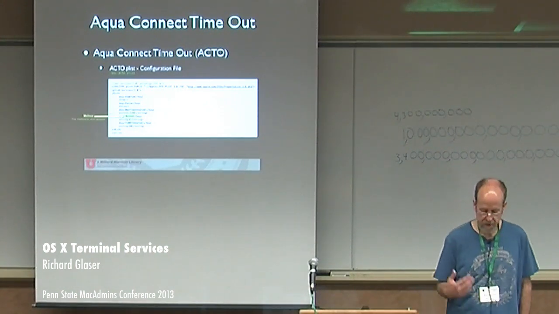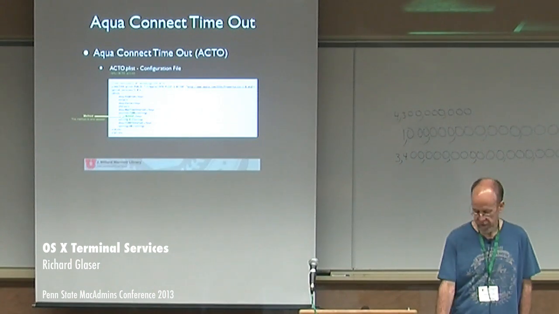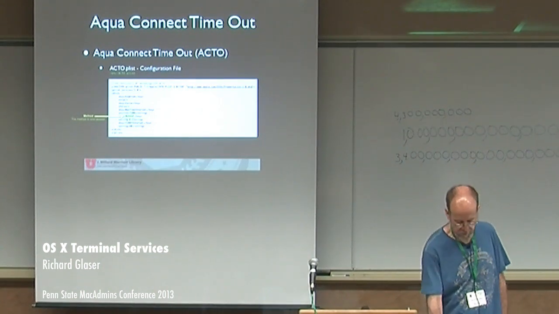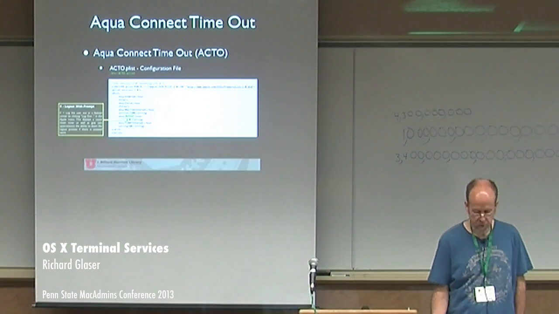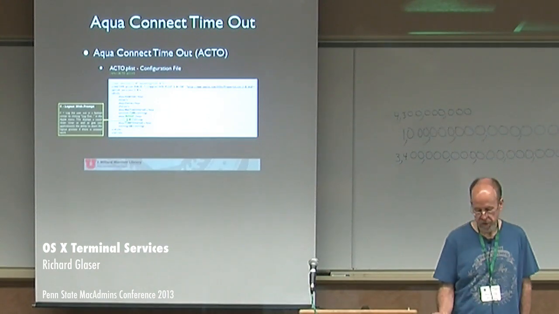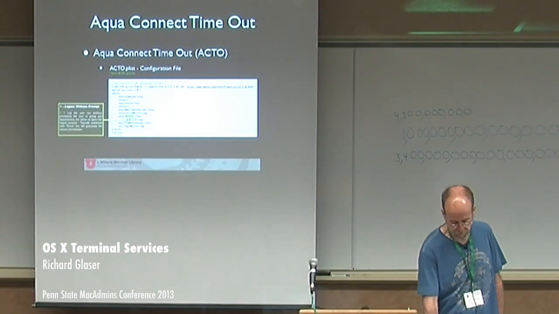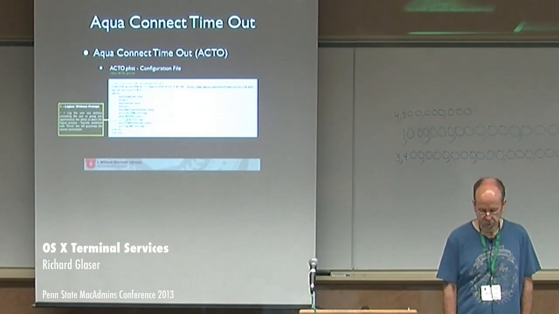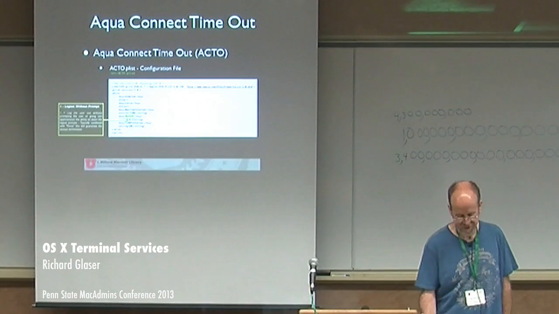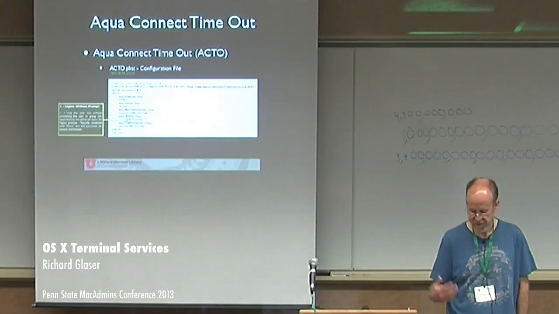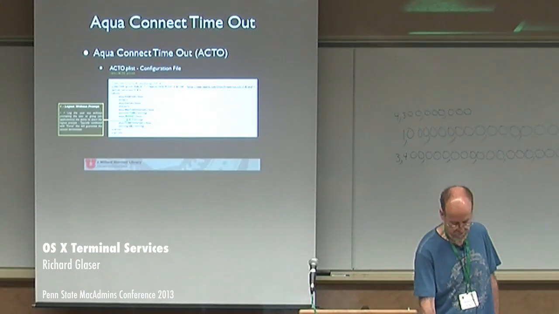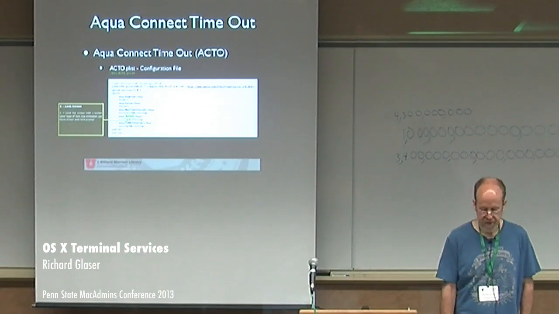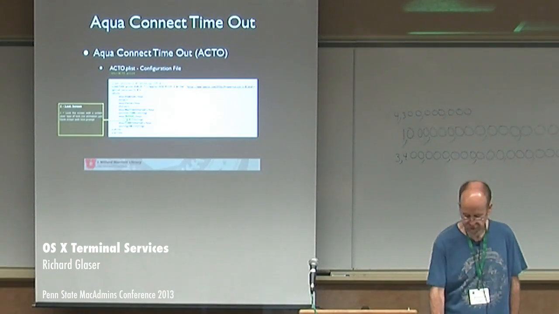The method is what method you use to terminate a session. 1 is used by default. 0 logs you out with a prompt, similar to going to the Apple menu and logging out. 1 is a little bit more ruthless. It's similar to killing the login window. The user is not informed that their session is going to end and they'll lose anything they haven't saved. Then 2 allows you to lock the screen, similar to a screen-saver lock.